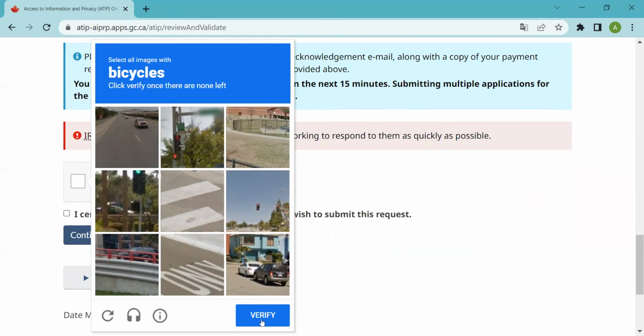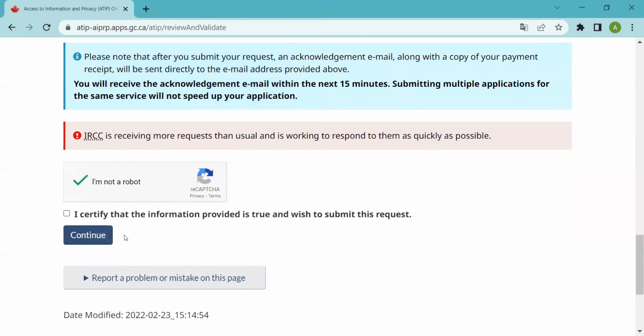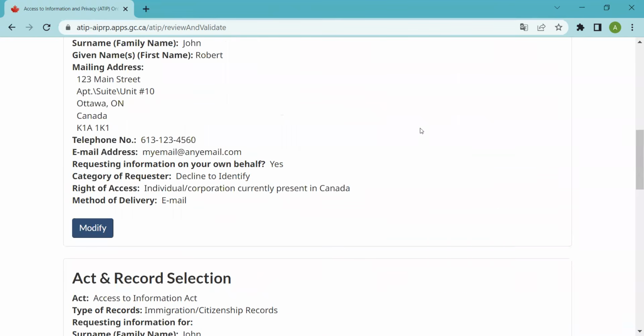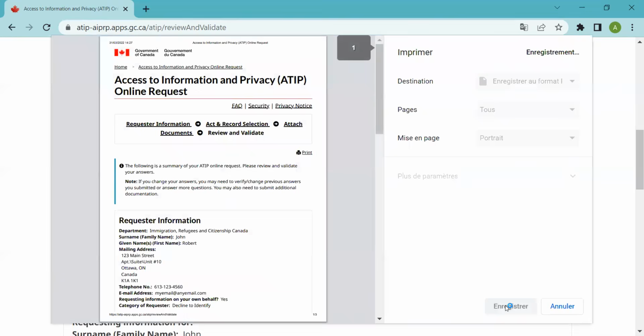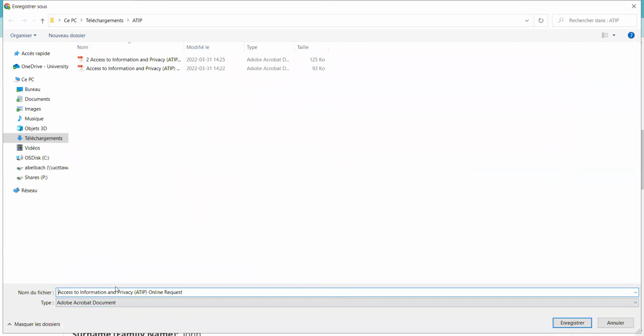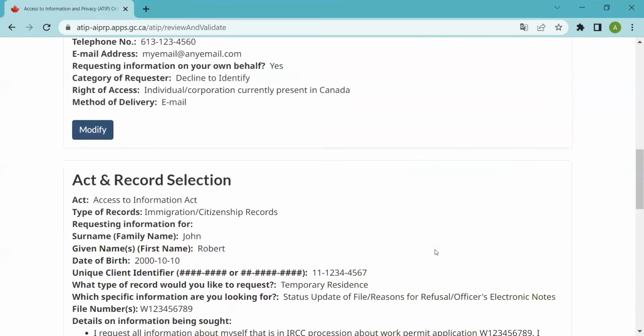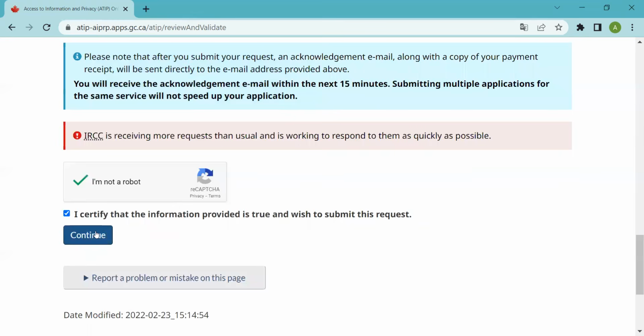So I think I'm successful. I can consider myself not a robot here. So I continue and I certify that all the information is truthful. Again, before moving ahead, print. Save this, page 3 of the application. And then continue.